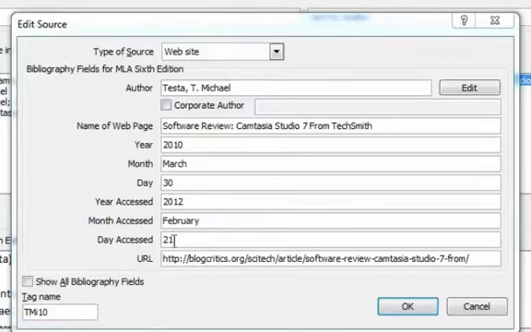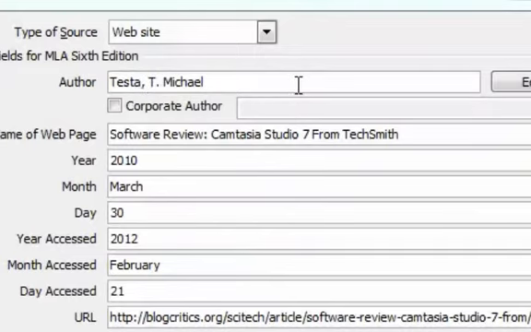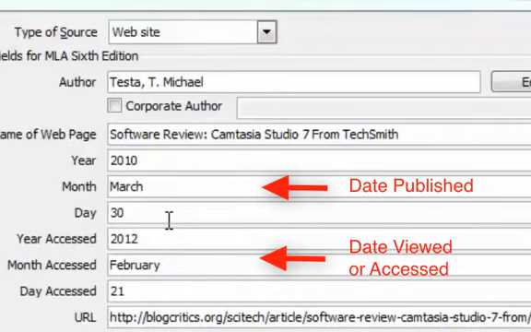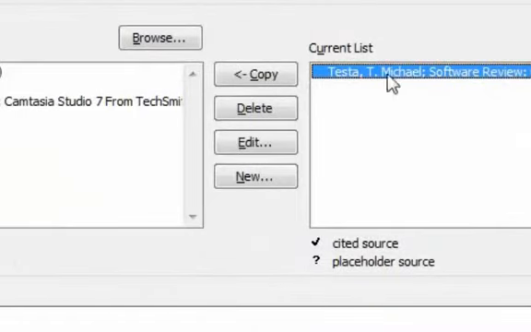Okay, I'm back after typing these in, and here's my finished source, the Testa, T. Michael. See, it formatted it correctly in here after I typed it in. Software review, that's my title, the name of the web page. The year that is published on it, you should see year published on the page. If you don't, you could leave it blank, or check at the bottom of the article. Year accessed, that's when I looked at it on the web. So that was February 21st back in the spring, and here's the URL. So that's everything I need for here, and that's my first